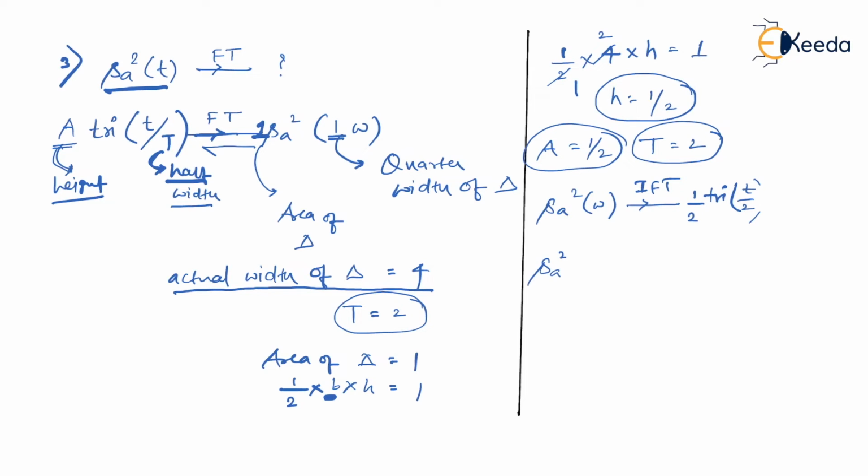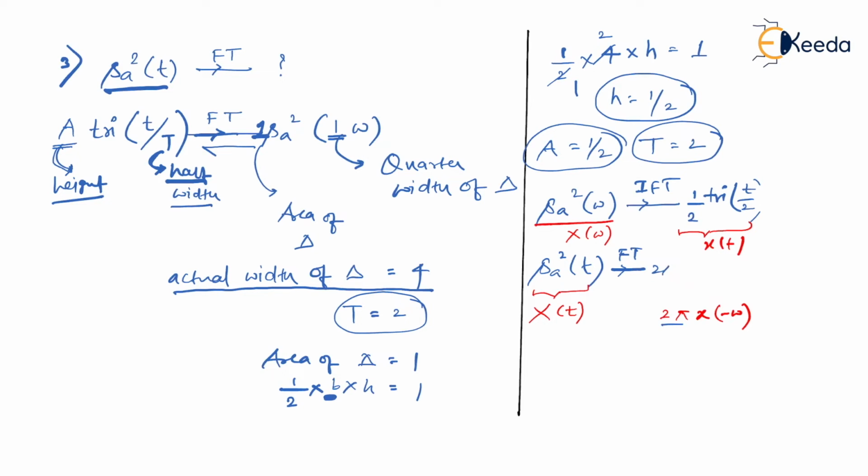So I want a sampling square of t. Please don't forget, I'm reminding you once again, the duality property. This is your x of omega. This whole is your x of t. When I say sampling square of t, it means this is capital X of t, which means it is x of omega, where omega is replaced with t, for which a Fourier transform is simply 2 pi x of minus omega, where x of minus omega is small x of t, where t is replaced with minus omega. So let me get a Fourier transform for this by using the duality property.